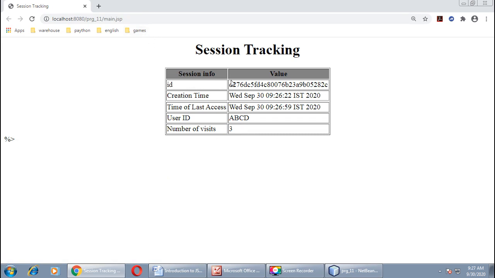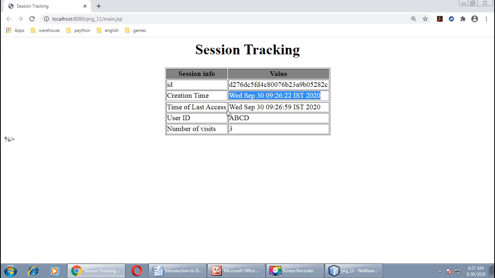Once again, observe the ID field. The ID will remain the same, and the creation time will remain the same, as we already created the session when we visited the same page for the first time. That will be considered as the creation time for the session.